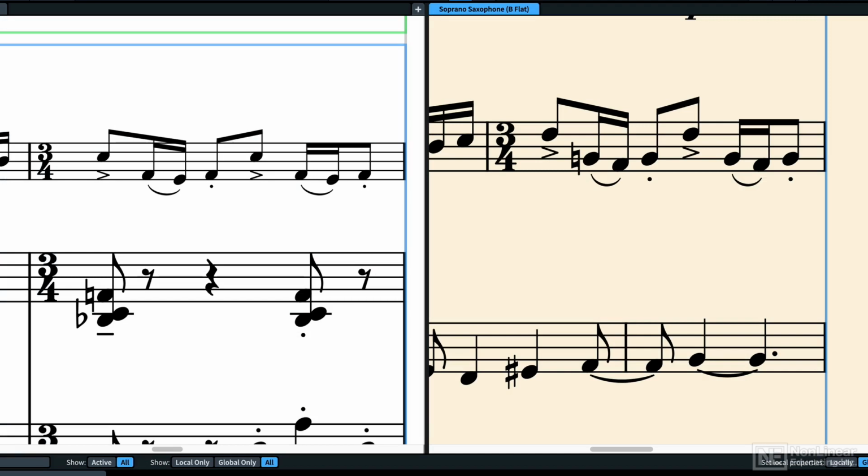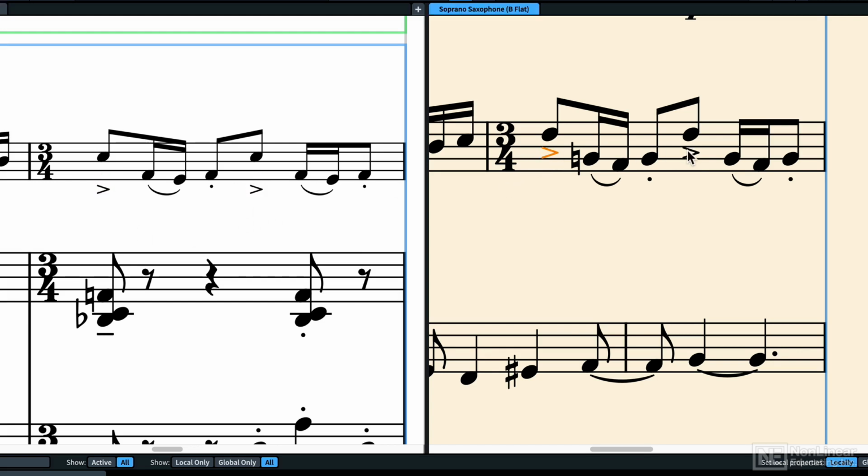For instance, and this is not a great example as really I should be changing this in engraving options, let's say I don't like these accents within the staff, so I'm going to drag them down in the score. Now remember, this is a transposing instrument, so the notes in the two layouts are different, which means the default positions of these accents are different because they're a set distance from the notes. So in this case, you'd want to do this kind of thing locally in the score, and then locally again